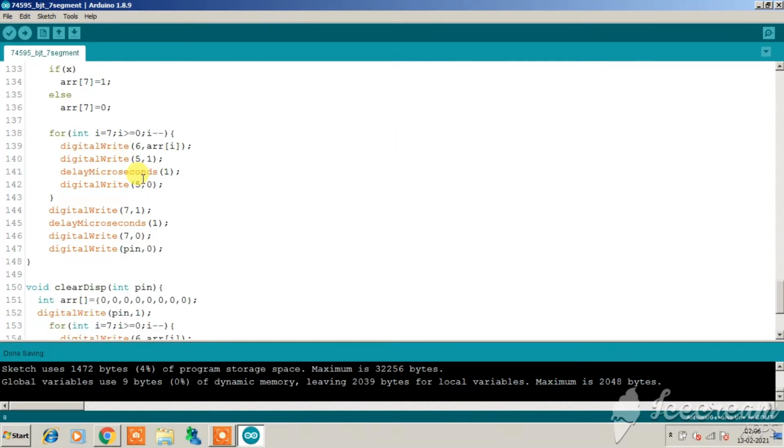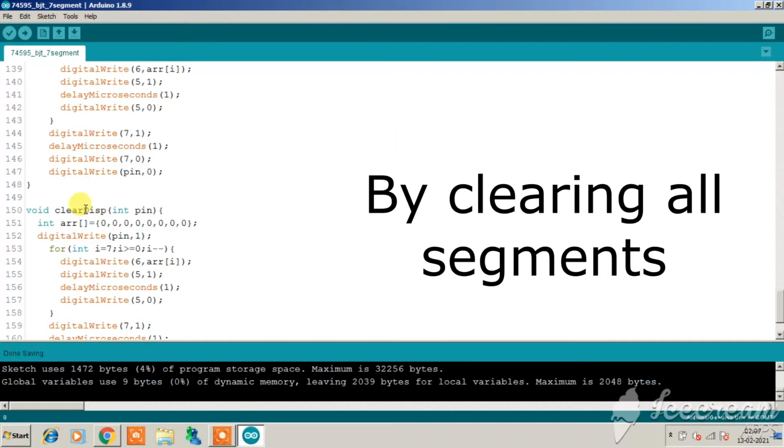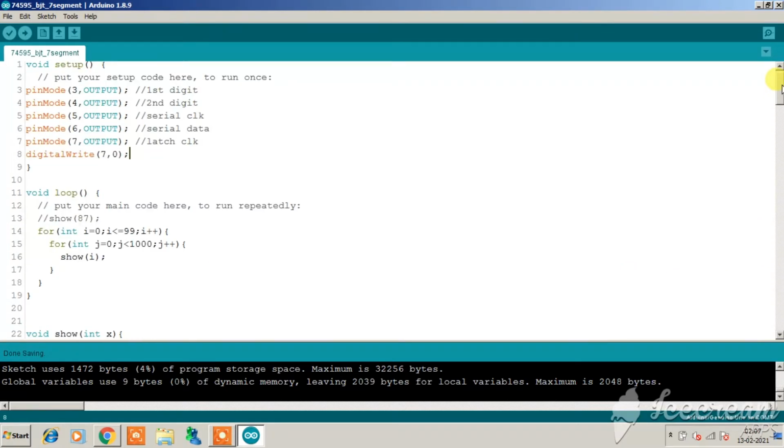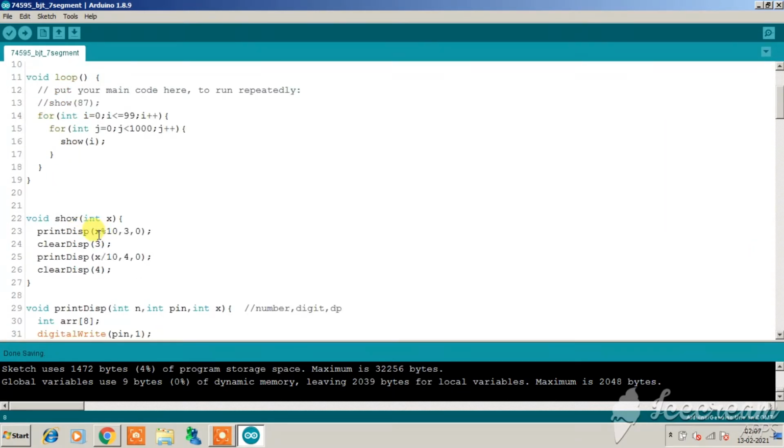And after that we have to clear the display. I have written the code in such a manner that as you use each digit, after that the digit is cleared. Here we have used the first digit, and after using it we have cleared it, and again we have used the second digit, then it is also cleared. And this is just the void show function.